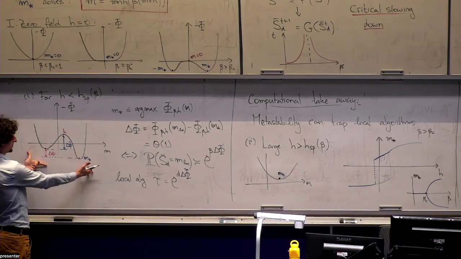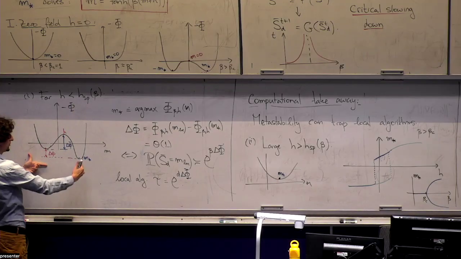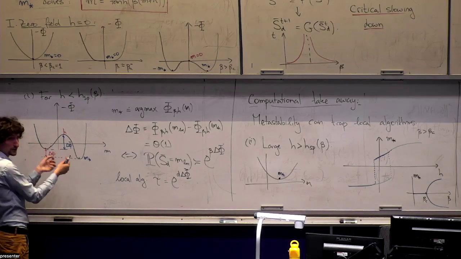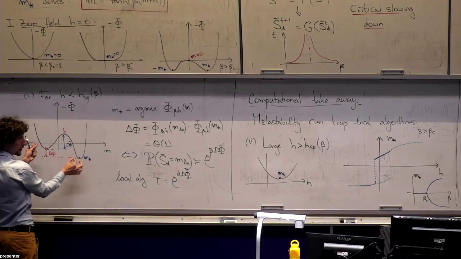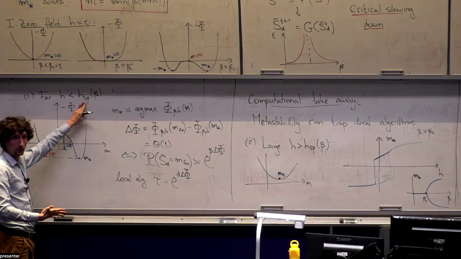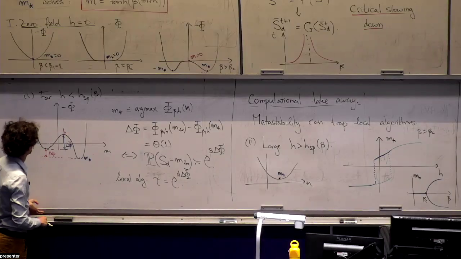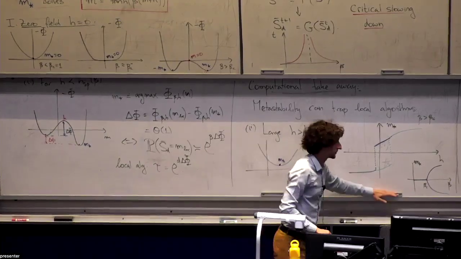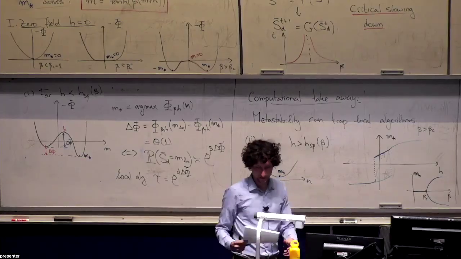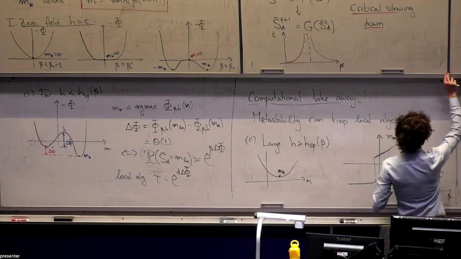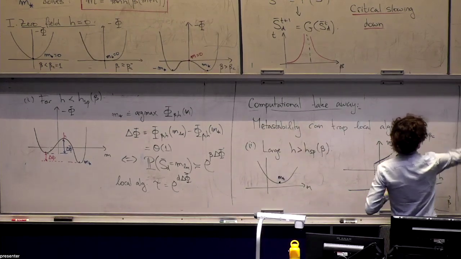So if you look at this landscape as a function of h, as you vary h, I claim that at some point you go from being convex to having two minima, and this happens discontinuously. As soon as you cross this point, one minimum appears discontinuously. And whenever this happens, we call this the spinodal point. That's something you can also compute, but it's not the main purpose here. I think in the notes I compute all these things explicitly if you're interested. Okay, let's move on because otherwise we won't get to the interesting part of the tutorial.